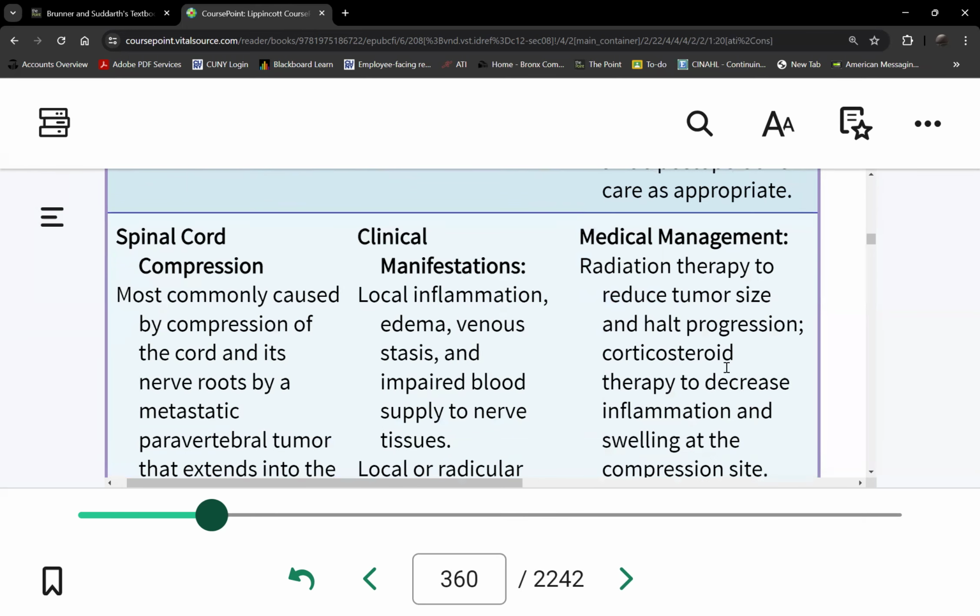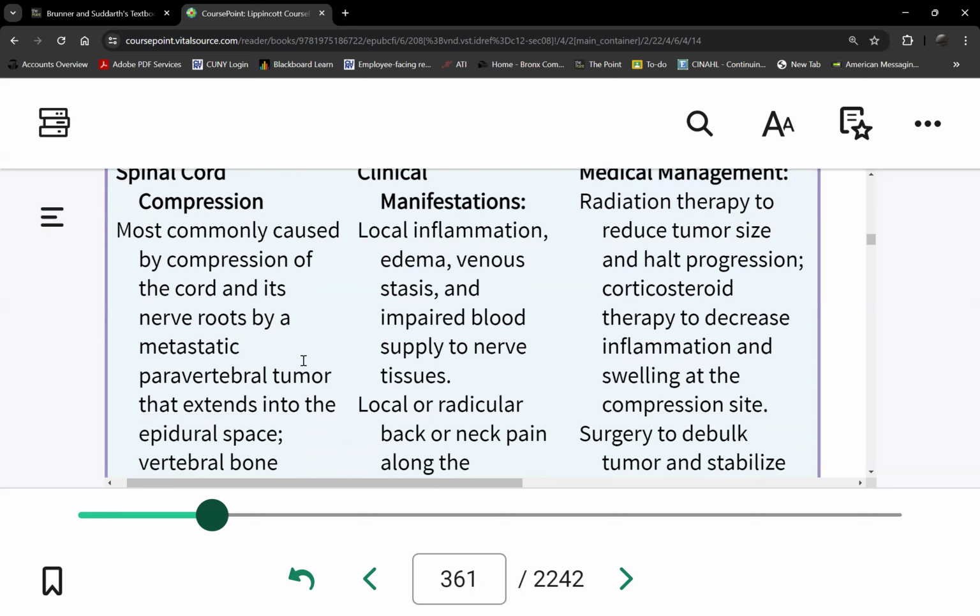Second is spinal cord compression. And because of this, it's implied. So where is the tumor here? Okay, either primary or secondary, most likely secondary tumor to the spine. So this is a metastatic tumor that causes this. So there's compression of different levels of the spinal cord leading to what would be the manifestations if your spinal